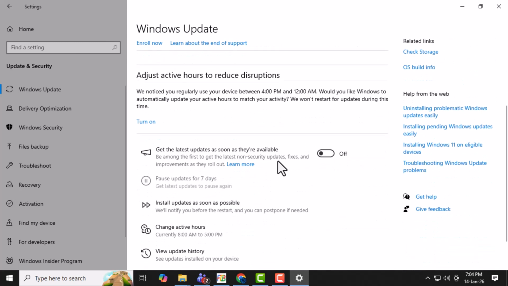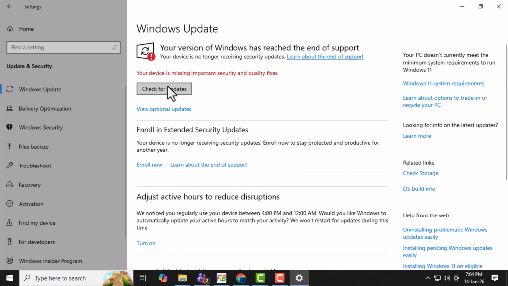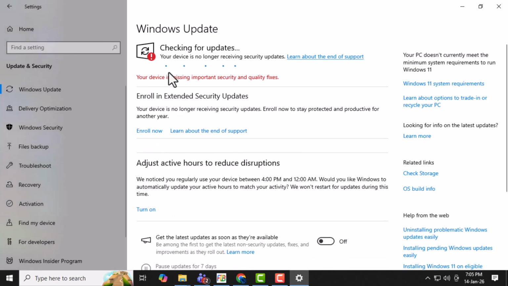Step 5 is to click Check for Updates, which tells Windows to scan Microsoft's servers for the latest updates for your system. Once clicked, your PC will begin checking and automatically start downloading the 24H2 update if it is supported